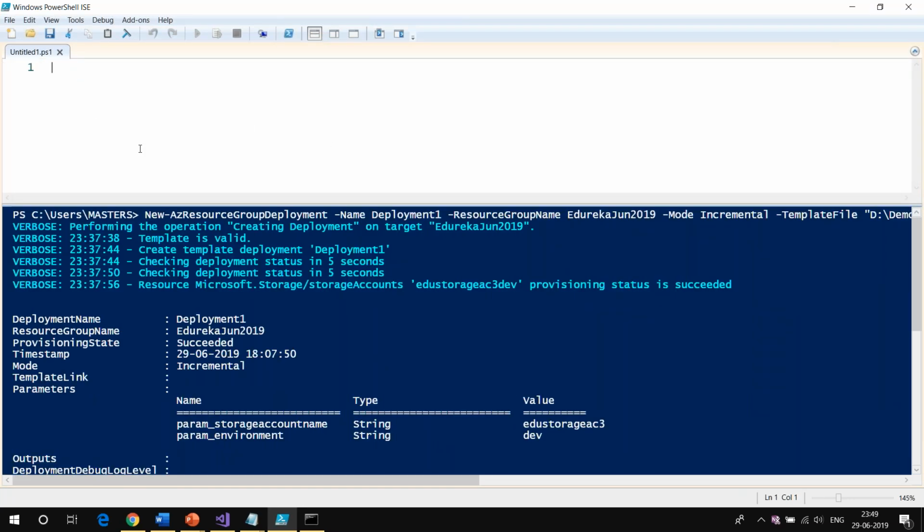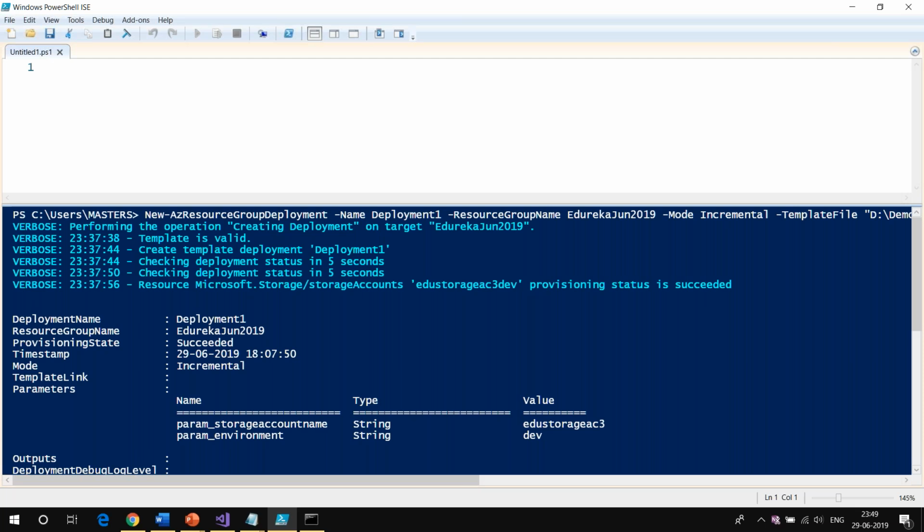You can write your complete PowerShell script, which will first take the input as the resource group name, store that in a variable, and then pass it to this deployment command. Okay, Abhijit, does that make sense?